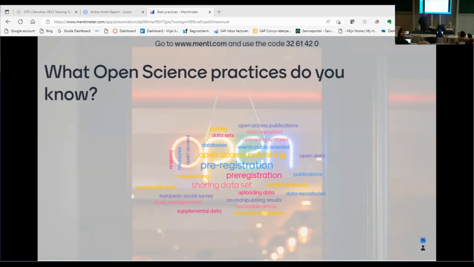For meta-analysis, this is great, to have access to the original data, original documentation, to be able to make much better meta-analytic studies. So there's a lot of collective knowledge already about many open science practices that can be